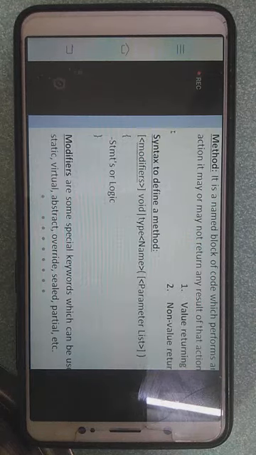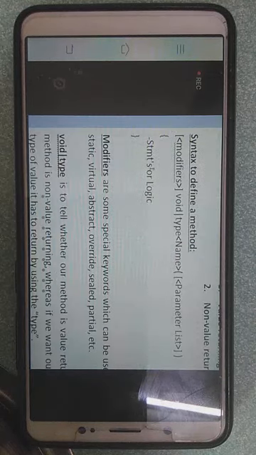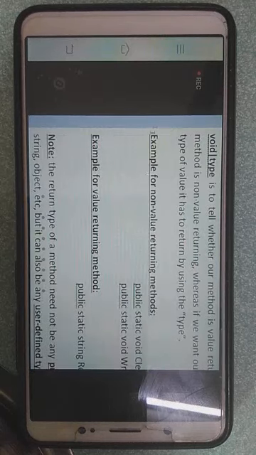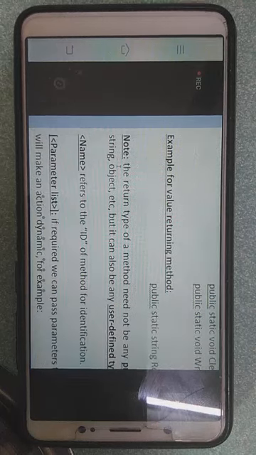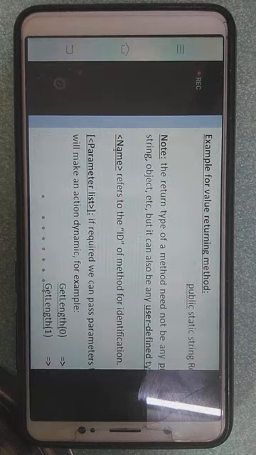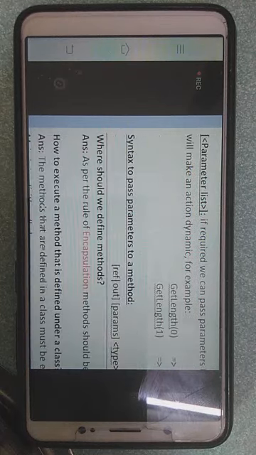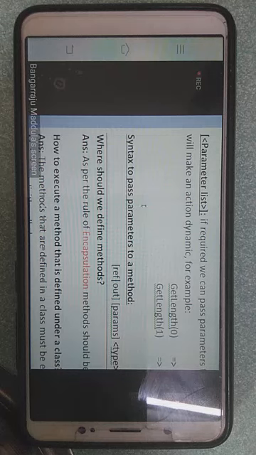Next, what is a method? Syntax to define a method. I explained what modifiers are, void type, and an example for value returning. Next, name, and what is a parameter list. I gave you an example for parameter list also, get length of 0, get length of 1. And how should I pass parameters? I'll explain this passing of parameters in detail in the next class, guys. Ignore that. Next,